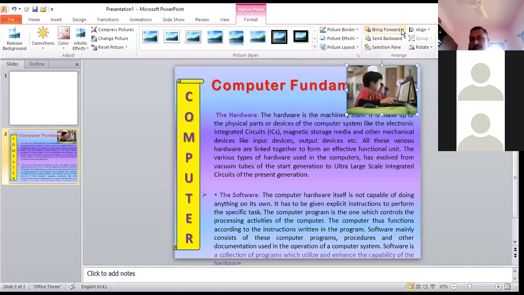Then you can set whether we have to bring forward. Can we use this bring? No, because we have to shift this photograph behind the text. Then in that case, send back or send backward. We can send this picture backward. Okay, it is shifted.